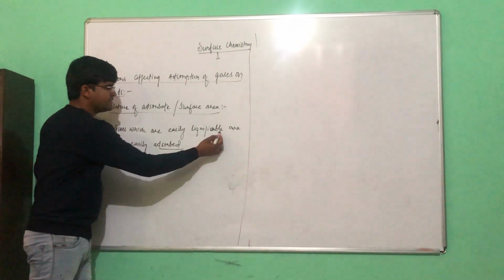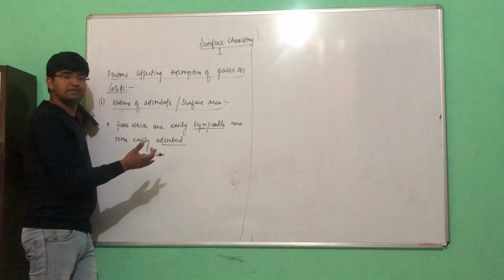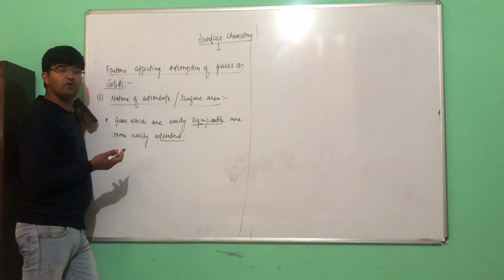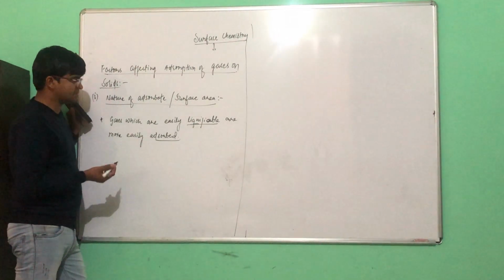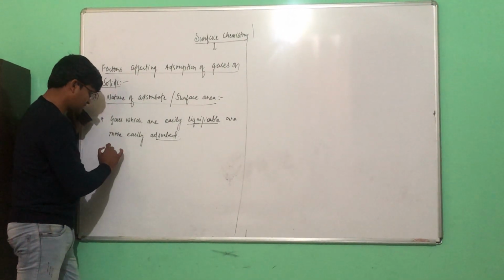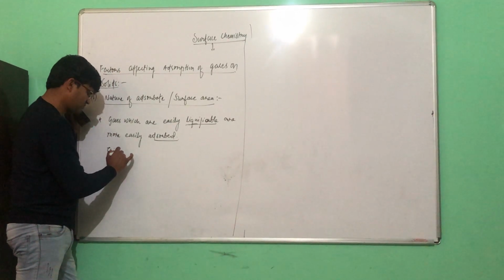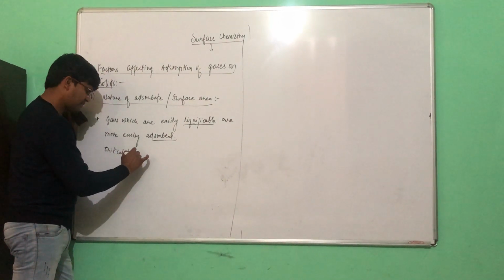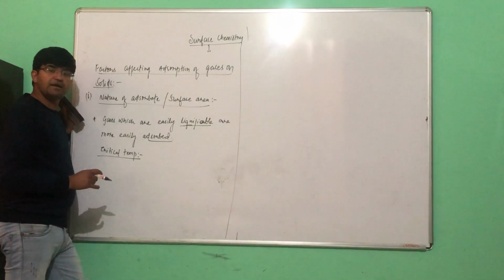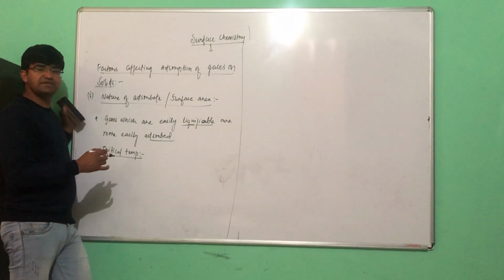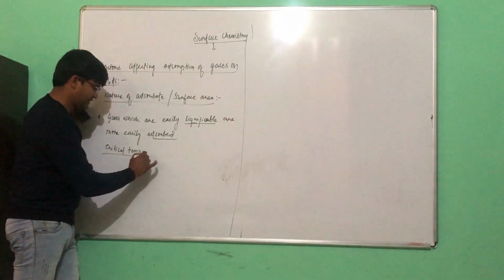How can we say that gases are easily liquefiable? That we have already studied in states of matter in class 11th. That depends on the critical temperature of a gas. Critical temperature is the maximum temperature above which the gas cannot be liquefied,